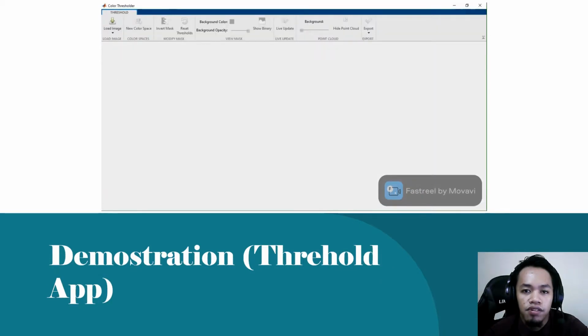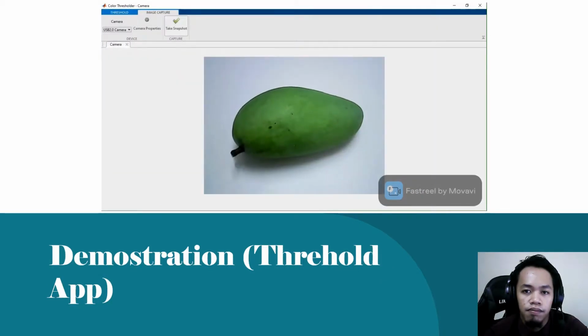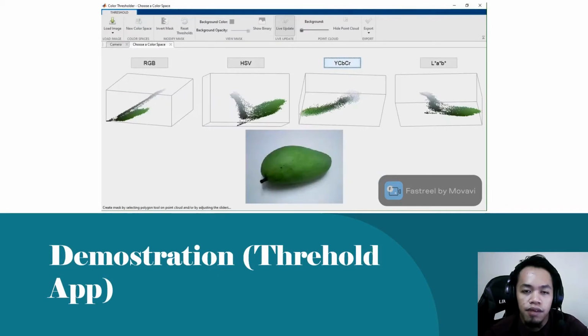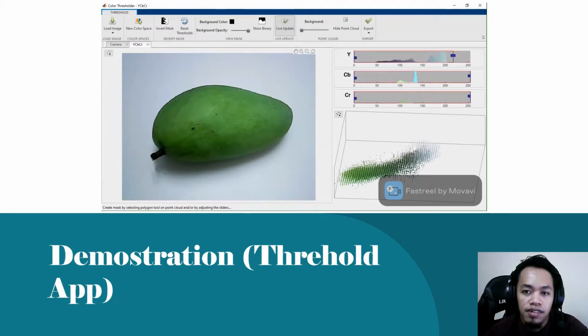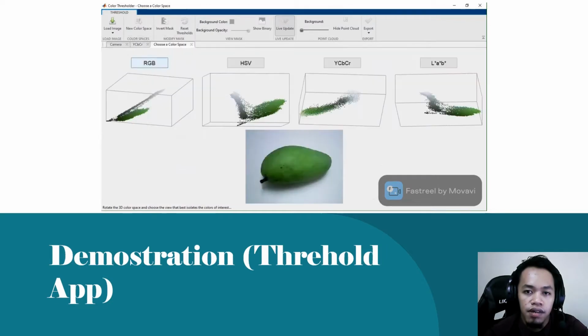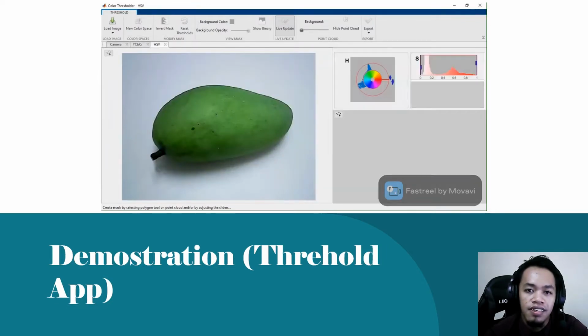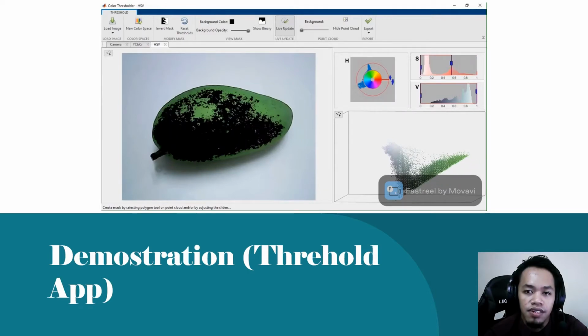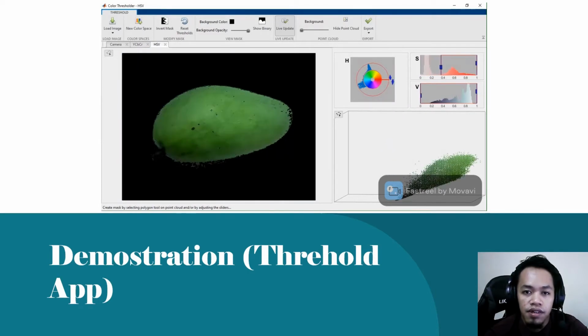Next is a demonstration of image acquisition and processing using the Threshold app. Firstly, we need to select the camera that we'll use and take a snapshot of the image. After that, by adjusting the values of RGB and HSV we can get a clear image. Then invert the image to the mask, black pixels and white pixels. Lastly, export the image function into a script file. The image has reached the required threshold. This function will create the values that were set in the Threshold app.